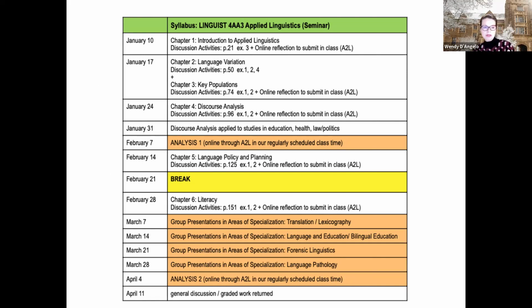So you'll notice that the way the course is divided up, chapters 1 to 6, okay, is where I'm delivering the content. There are chapters in the textbook to read, questions to answer in the form of discussion and reflection, okay? And then there are 2 points in the course where you have an analysis to do. There's analysis 1 and analysis 2, and then there is one group presentation. So I've dedicated a number of weeks to it. And so these are in areas of specialization, and there are specific chapters in the book that correspond with these